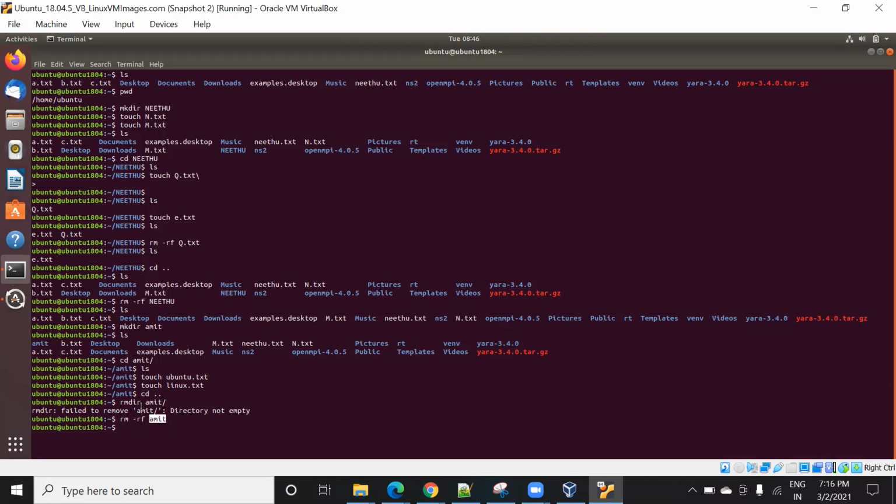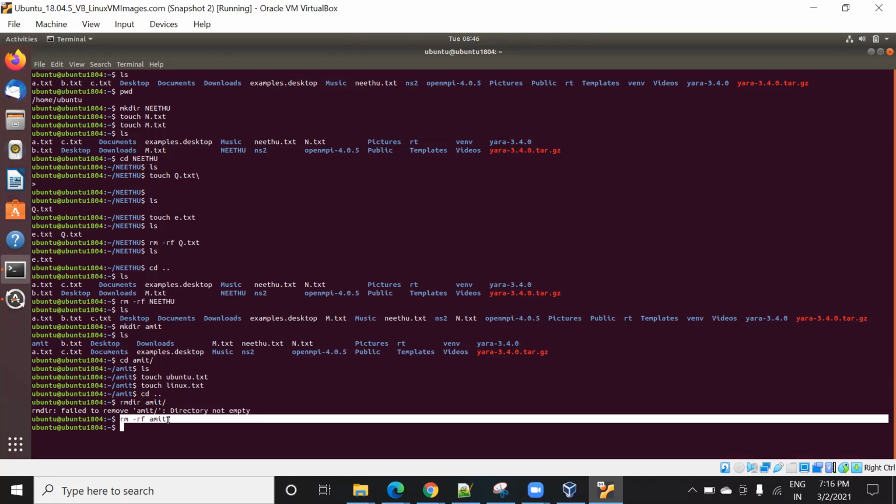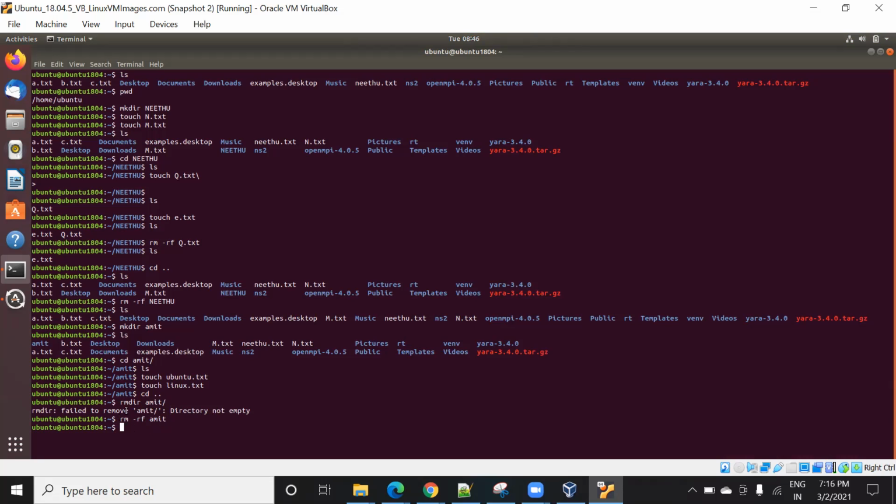So did you get the understanding of the difference between these two? rmdir won't work in case the folder has a file, and rm -rf works in any case. This command forcefully deletes folder and file. They don't care. So always try to use rmdir, because sometimes if you delete by mistake, then it's very difficult to recover the data. So try to use rmdir. And another thing, try to use rm for the file.